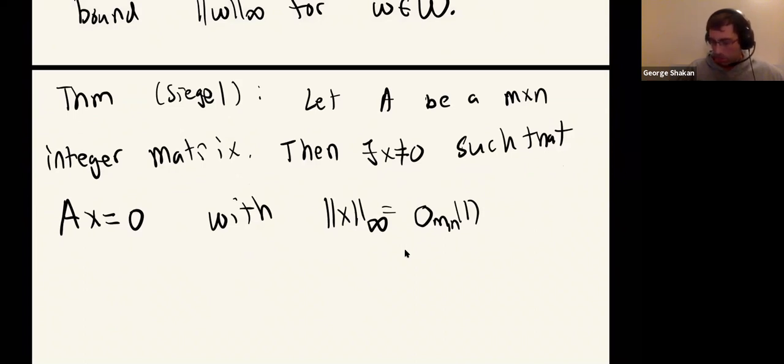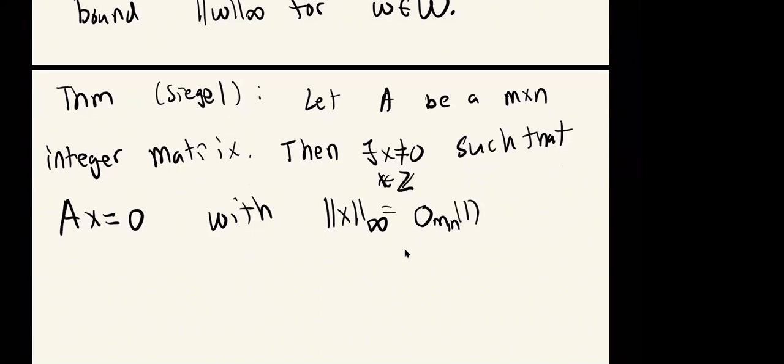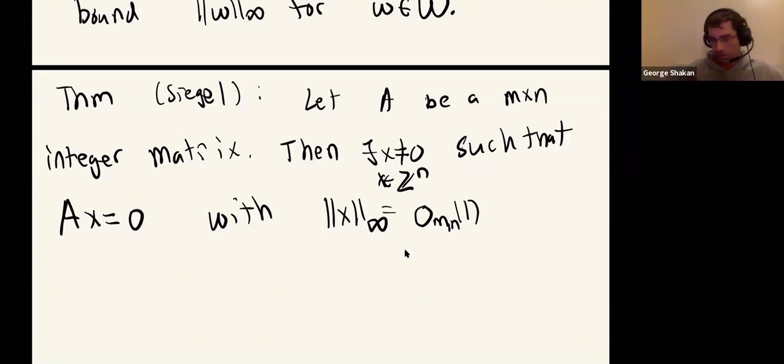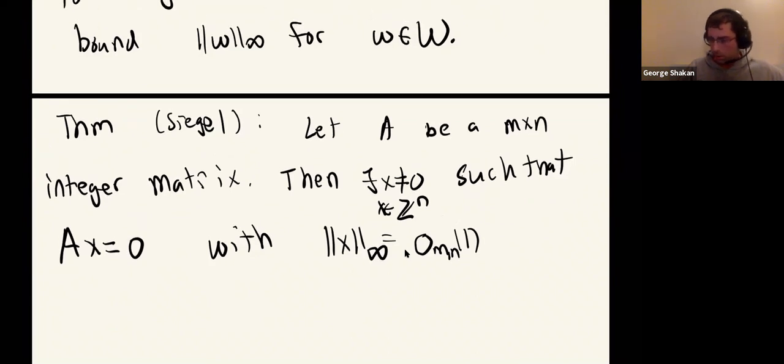So the point is you can find an integer solution, a so-called small integer solution. I guess this version you can just prove by pigeonhole. So yeah, anyway,